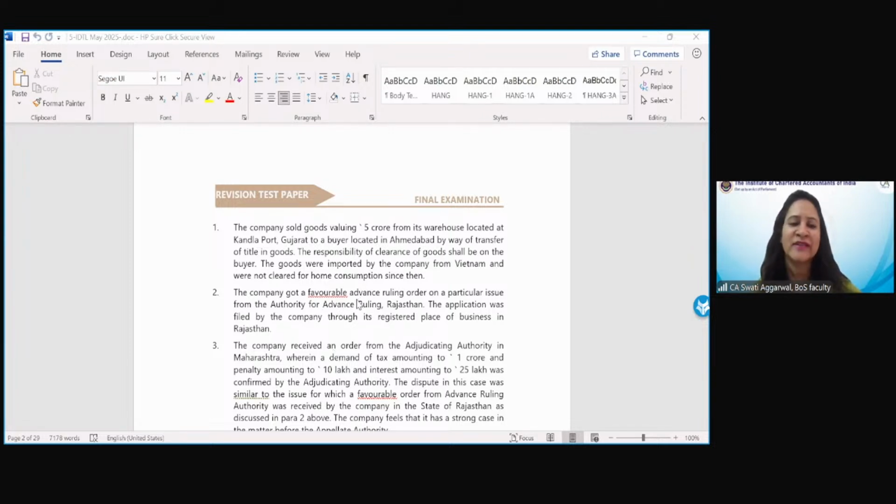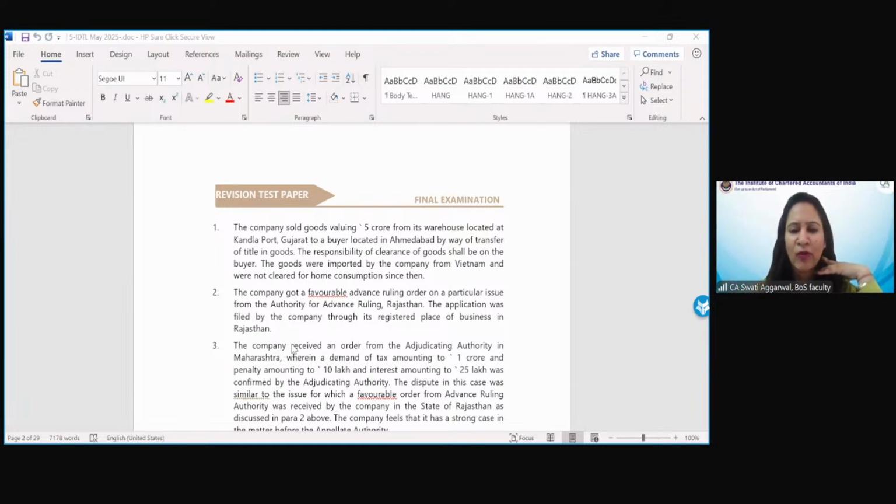And generally, during the examination, either we get the C&K question, comprehension and knowledge-based question on advance ruling, or these side. Generally, in the case scenario, we get less applicability of the provisions of advance ruling, but we can have. This case scenario shows that you need not go for selective study in case of chartered accountancy, like a higher order of professional examination. Basically, you cannot ignore any area. You have to be thorough with all the provisions which are covered in your syllabus. So generally, during practice, you might have seen that advance ruling provisions are not tested in the case scenarios, but it might be tested, right?